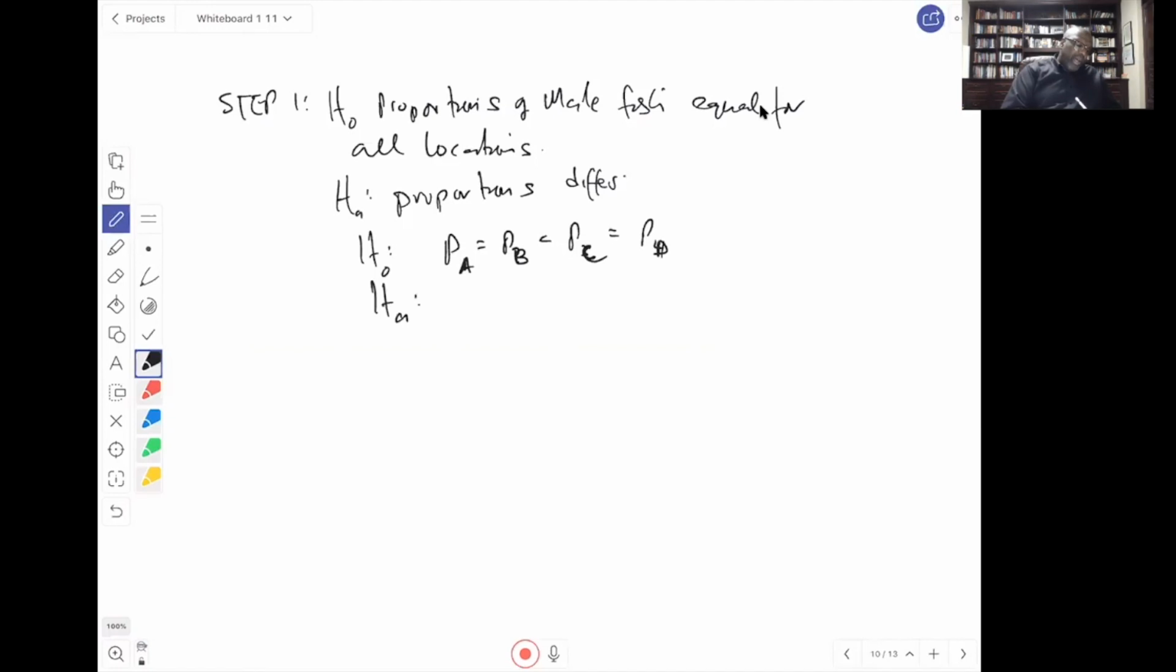HA, at least one proportion is different. I don't know which one. I'm just interested in showing that they're not all the same. So that's the first part, step 1. Step 2,